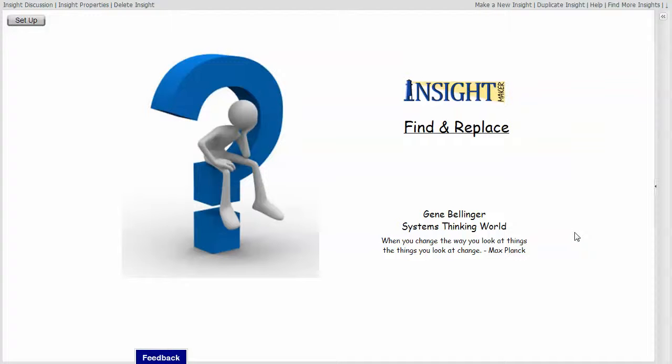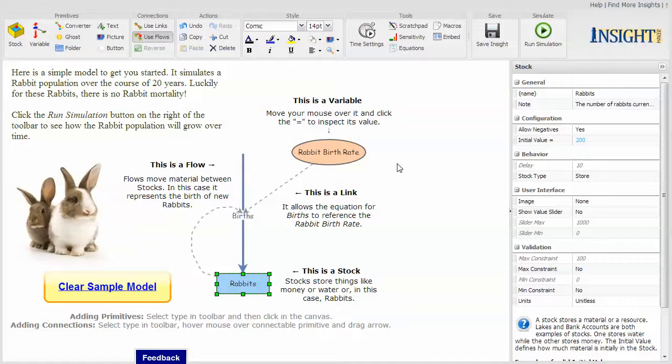There is a find and replace feature in Insight Maker, though it's probably not of much use to you unless somebody, in fact, actually describes it to you. So I'm going to go ahead and spend a few minutes and try and do that. When you're in the